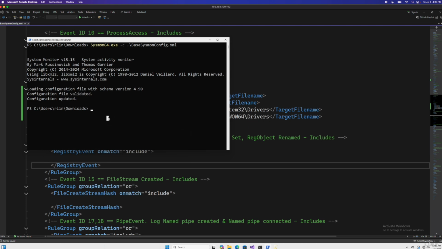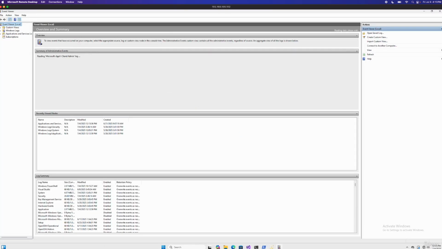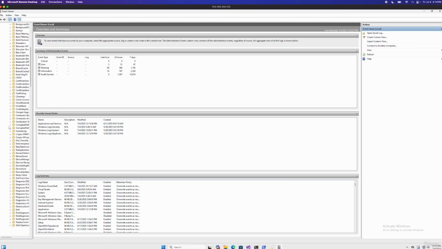So what we want to do next is go download something into the downloads folder and make sure it gets logged. I'm going to jump into the event viewer. So type eventvwr, and we'll go to expand window applications and service logs, Microsoft Windows, Sysmon